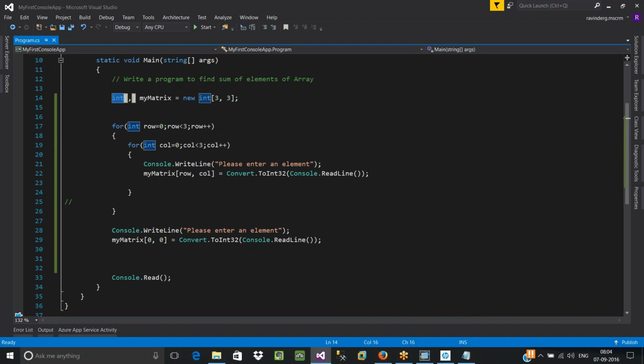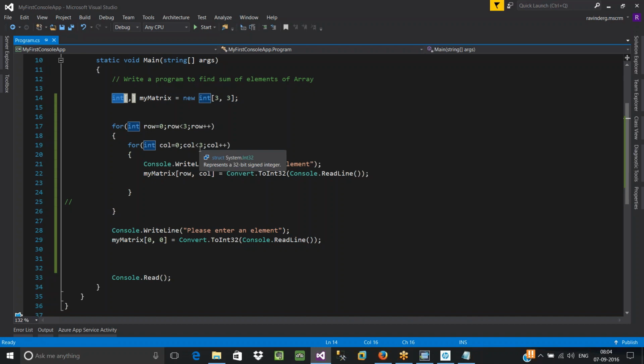Yeah, no problem. It says unassigned variable or something. Okay, sure, definitely. If you want, we can try it here also.